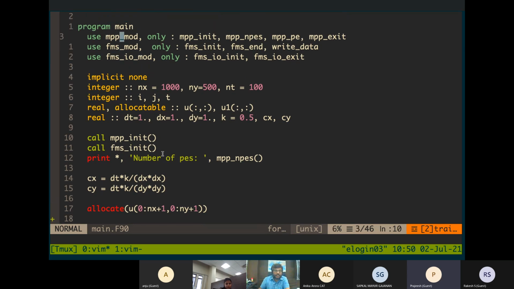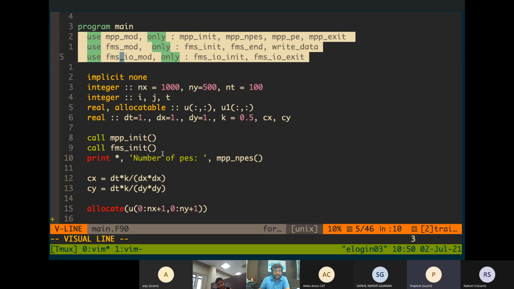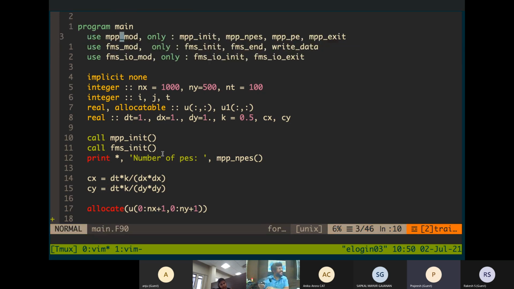For that, I have to import all these libraries from FMS. So here I have to import MPP init, FMS init, FMS end, write data, FMS IO init, FMS IO exit, and some other functions also, which are not necessary, but I'm importing them anyway.